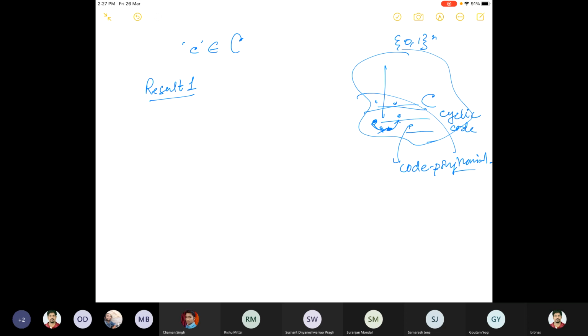So the question is, we have to look at how the code polynomial, which is a cyclic shift of another code polynomial, how they are related. For that, what we will discuss first is the minimum degree of the code polynomial lying inside the cyclic code. That's the first result we'll be looking at. And the first question is, is it unique? And we'll show that the code polynomial